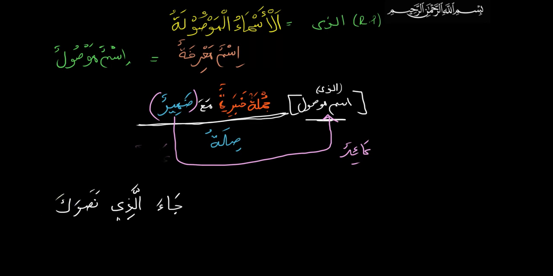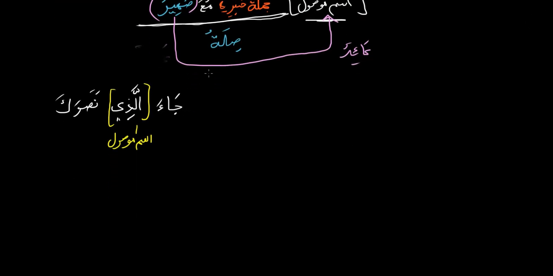Okay, so here's the sentence. This here is ism mawsula. And then nasaraka